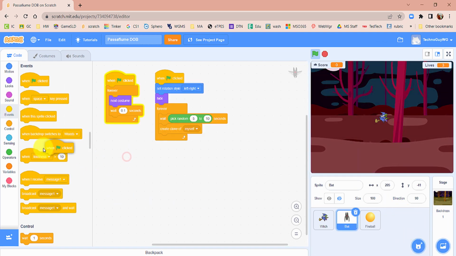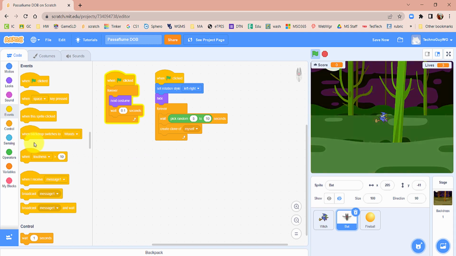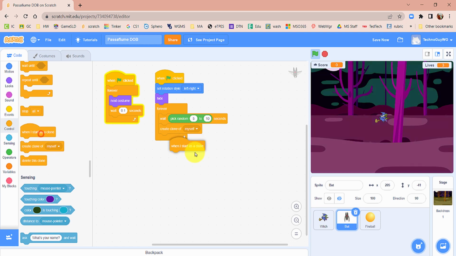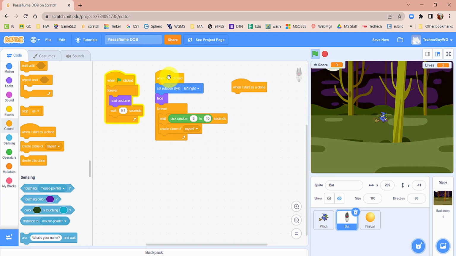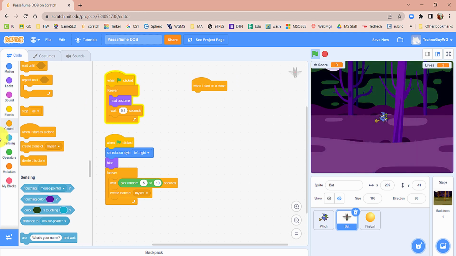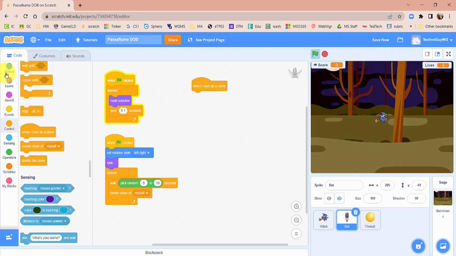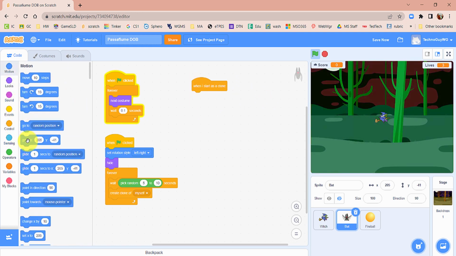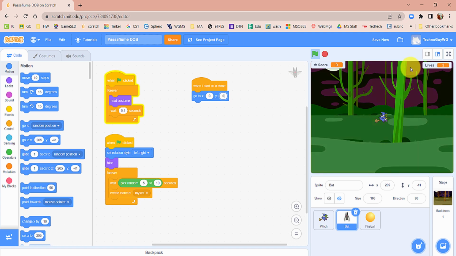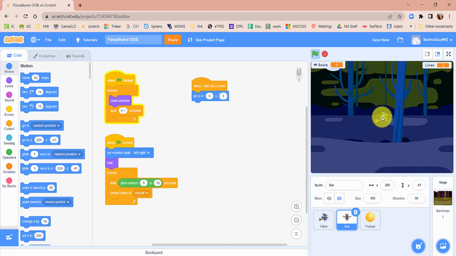Okay, actually it's not going to be when green flag clicked. We're going to do when I start as a clone, so that's in control. When I start as a clone, move this around because this is going to be a little bit longer piece of code. So when I start as a clone, we're going to go to motion. We want it to start at the X, so go to go to XY, and we're going to have it be 0, 0, which is the center of the screen,